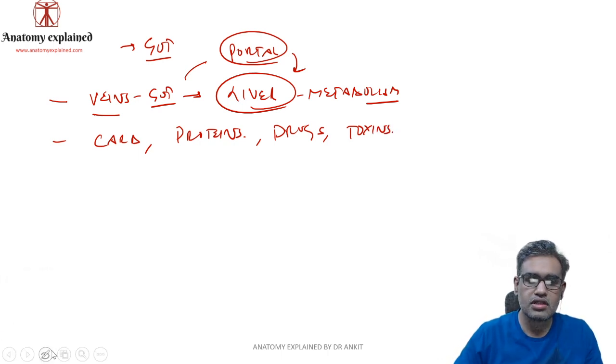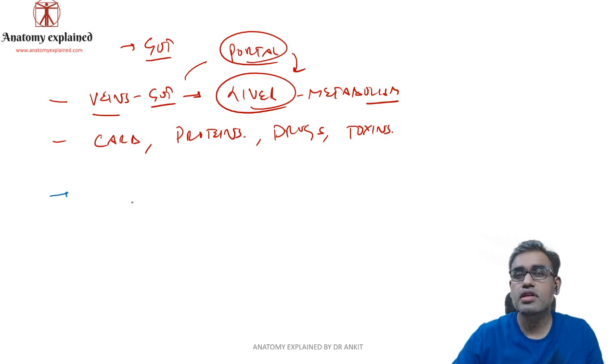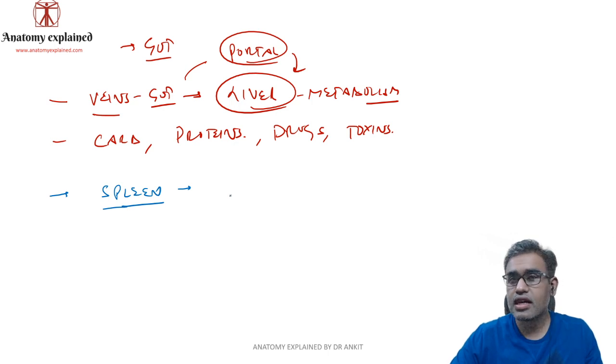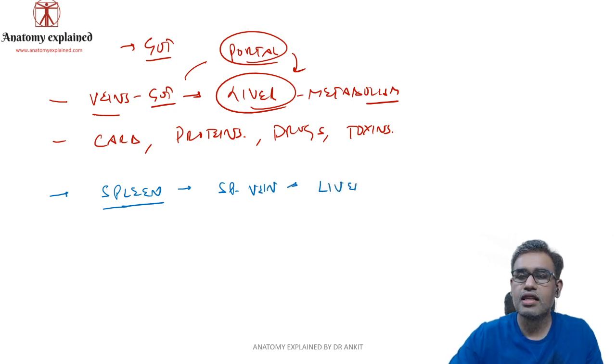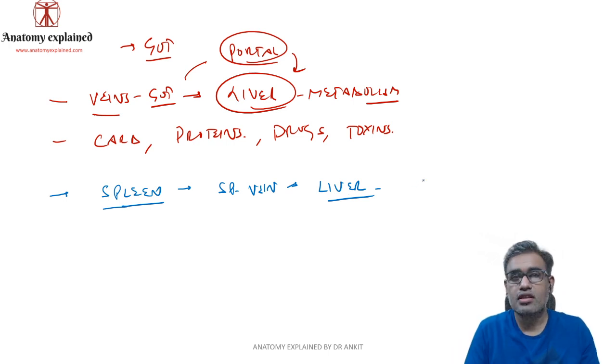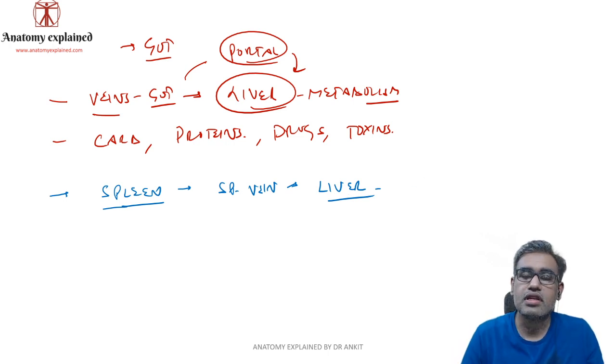The other role of this portal system, apart from taking these nutrients from the gut, involves the organ spleen. The spleen is the organ where you have the sequestration of the older and degenerated RBCs. The byproducts of the RBCs, that is hemoglobin, the hemes and the globins, are taken up by the vein of the spleen, that is the splenic vein, and this goes to the liver via the portal vein, because in the liver you have the production of bile. That is another important function of the liver. So how is it produced? By this bile which comes from the sequestration of the old RBCs.